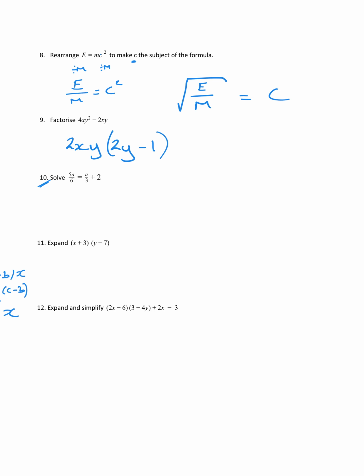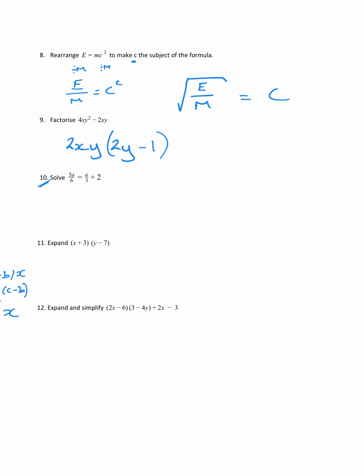Solve 5a over 6 equals a over 3 plus 2. So we need to work out how big a is. Now, I've got 2 fractions, and I want to get rid of fractions if I possibly can. Again, I can manipulate this. It's an equation, it has an equal sign. So I need to think about what I can do to both sides in order to get rid of those